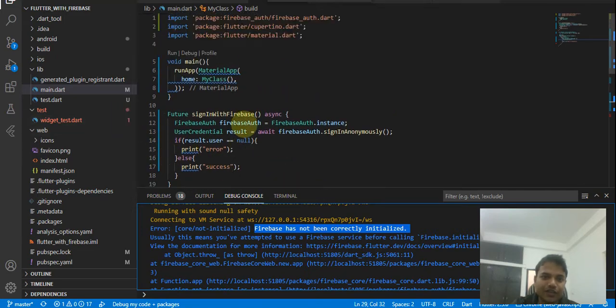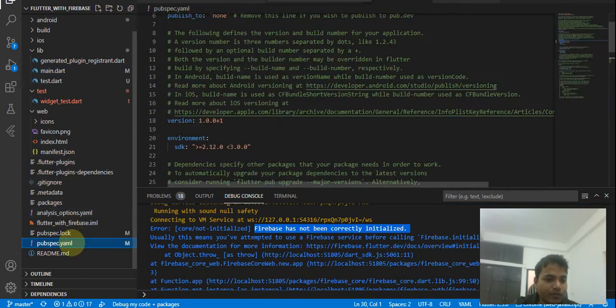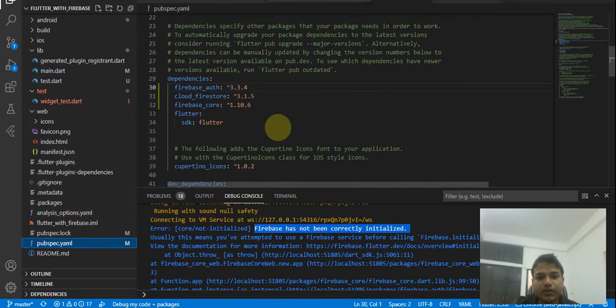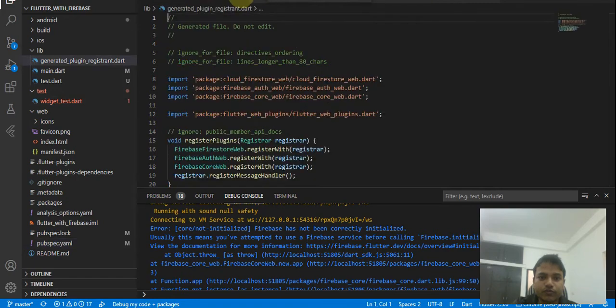As I said earlier, let's go to your XML files and see the dependencies you're using. You have to use firebase_auth and firebase_core. These two are mandatory for making Firebase authentication run correctly. This other one is not mandatory for authentication, but these two are. So let me explain why this error comes and what we have to do.